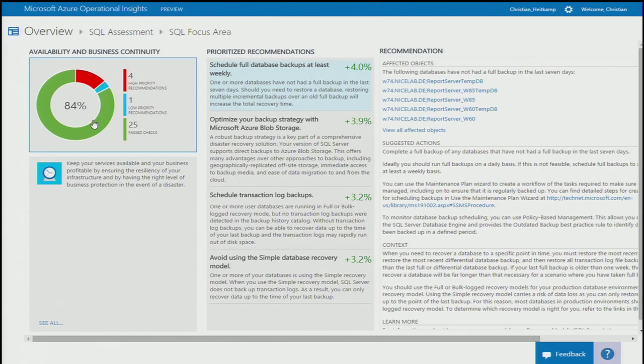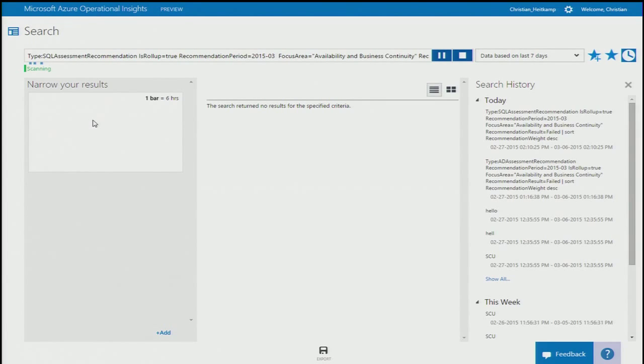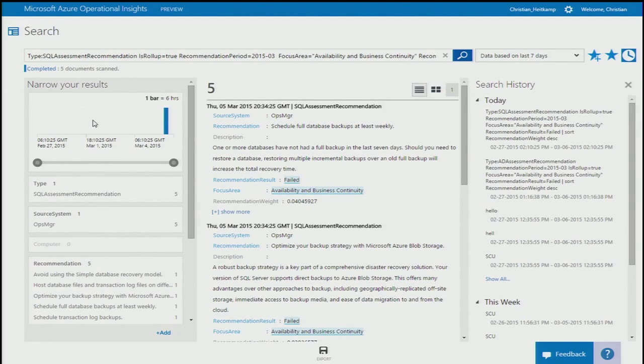Well, there's one step you can go further actually. So you see you can click on this little widget up here. If you click on here, what will happen, it actually goes down to the specific data which has been collected and stored in Azure Blob to actually fill this little graph. So you see here, this is the search. And I could spend probably 50 minutes just on the search. So it's a very powerful